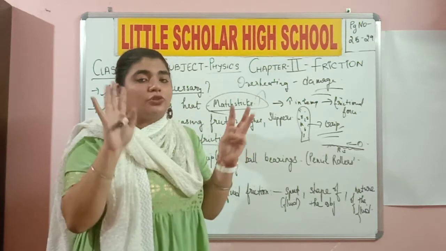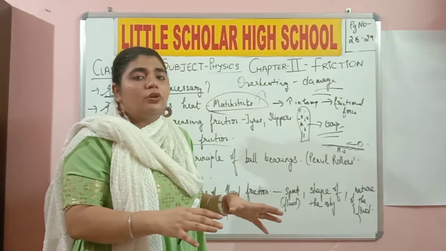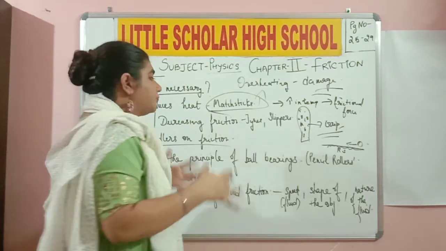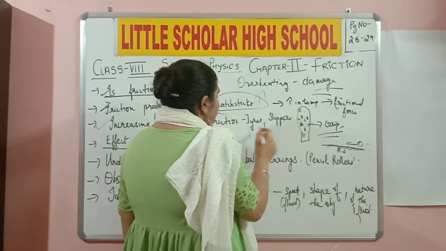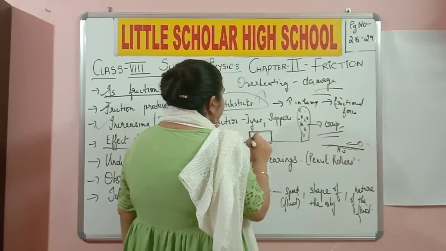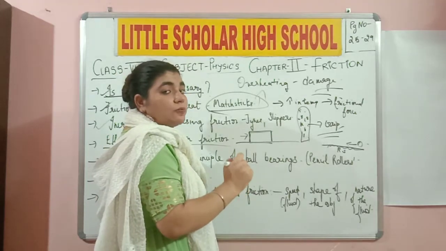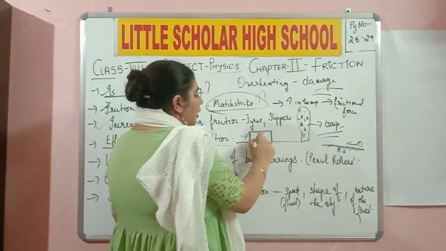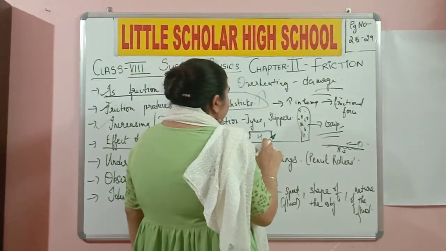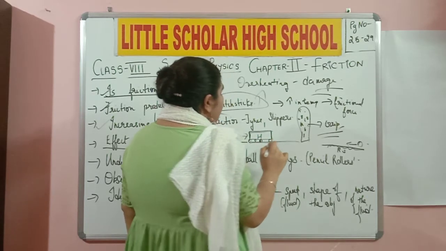Which is the best friction as of now? What do you think? It is the rolling friction. It requires very little strength to carry an object if it has rollers on it. Do you understand? For example, there is a box placed on a table, and I'm trying to push the box. If it is really heavy, I might need lots of force to push the box. So if I fix some rollers underneath the box, or if I place some pencils,